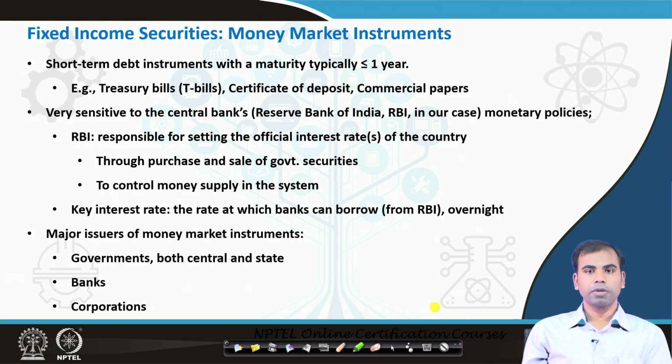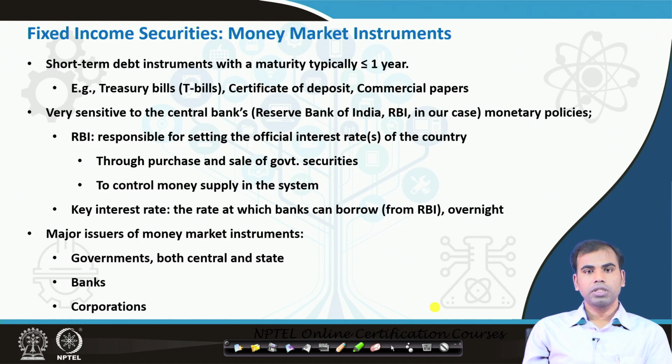So, the idea of RBI controlling this money supply is to control the key interest rate, basically the rate at which banks can borrow from RBI overnight. Overnight typically indicates one trading day. So, if banks need some money, they will go to RBI and borrow some funds for one trading day, which is overnight, and the next day they will have to adjust for that. So, these money market instruments that we are discussing now